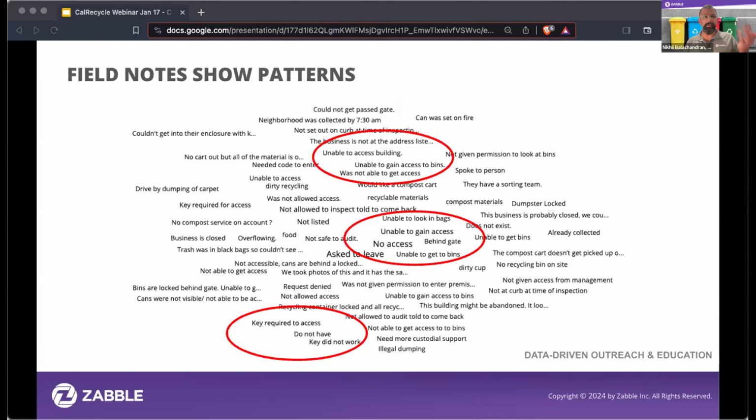I think Laura mentioned earlier that there were issues with gaining access to buildings, especially in Oakland where dumpsters are locked up. It's not a surprise to see that was the biggest issue that stands out. This can help on a daily basis as you're planning for your accounts, or designing how you want to reach building managers and preemptively alleviate some of these problems.